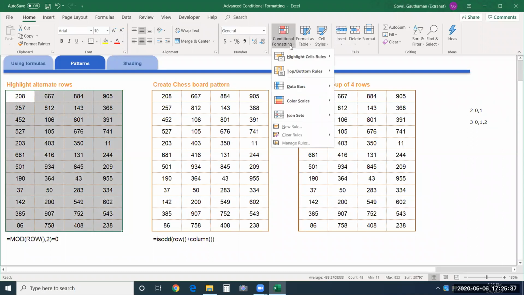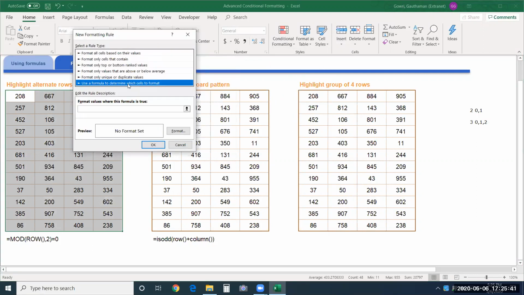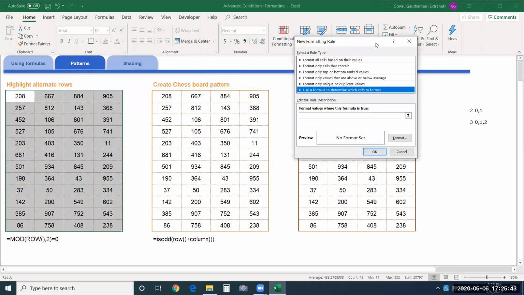So let's go here, take New Rule, use a formula to determine which cells to format. I'm going to use that function over there. MOD of ROW. See, ROW is a function which gets me the row number of a cell. So comma 2.